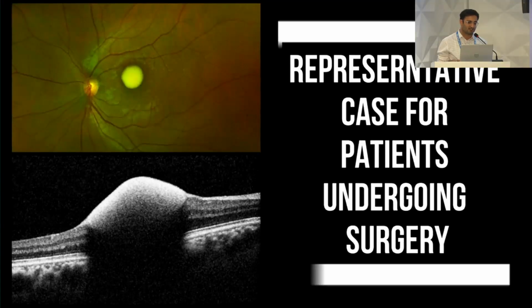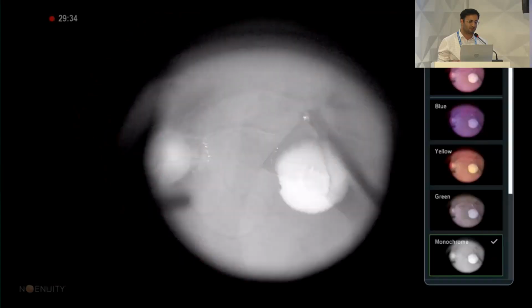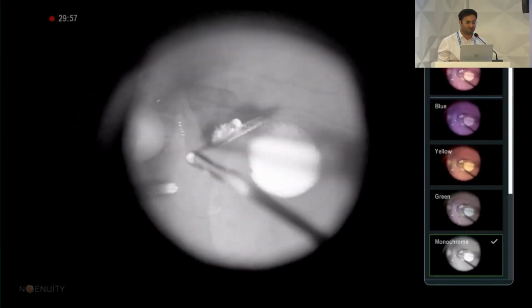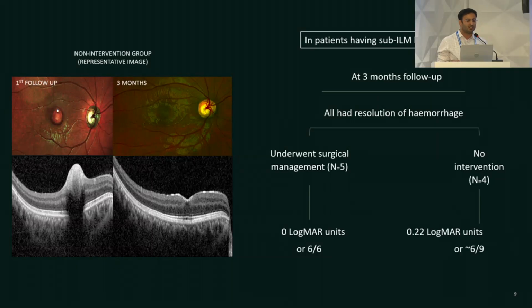This is the representative video for all the patients who underwent surgery, in which the patients underwent ILMP, and using the reflux function of the cutter, blood was removed. In all the patients who had sub-ILM hemorrhage, whether they underwent surgery or not, the hemorrhage resolved. But the ones who underwent surgical management achieved a vision of 6/6, and the ones who did not achieved a